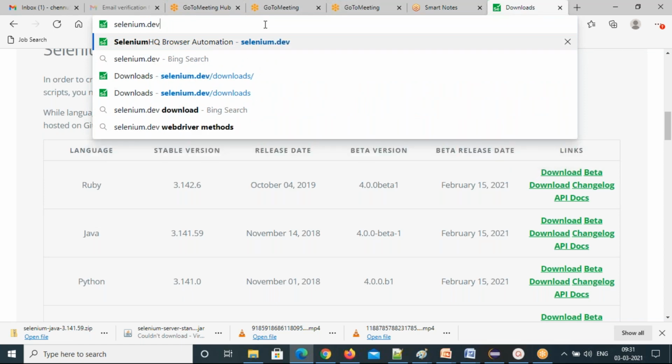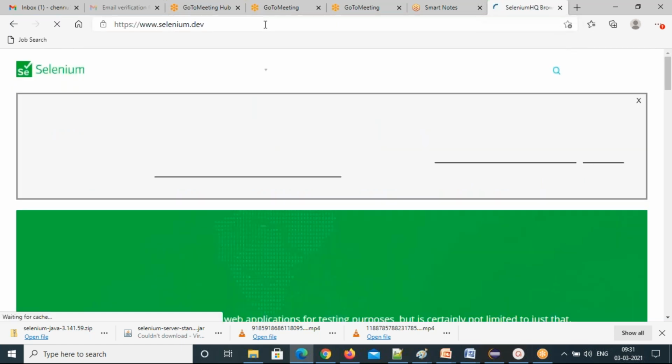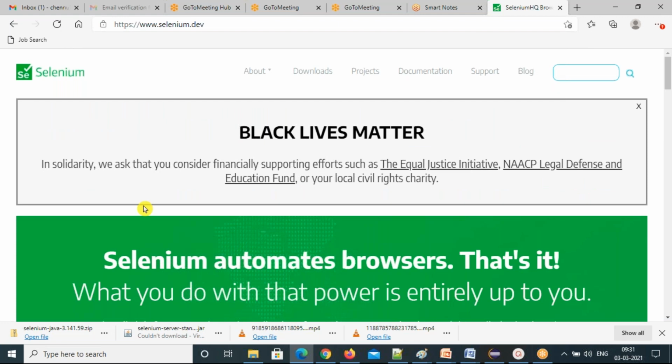Then press the enter key. I did. Right, you pressed enter. Are you able to see this page? Yeah. Then click on downloads. There are tabs; these are all called tabs. Should I click this Selenium WebDriver? No, just the downloads tab. You just click on downloads. There is a downloads option, right?